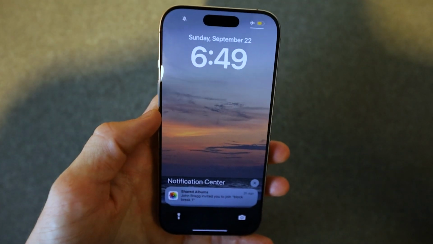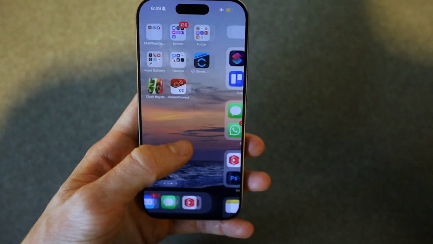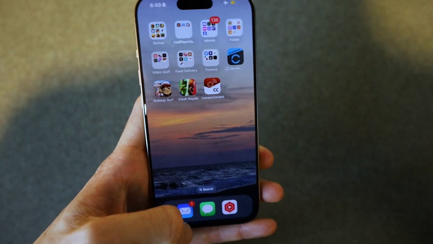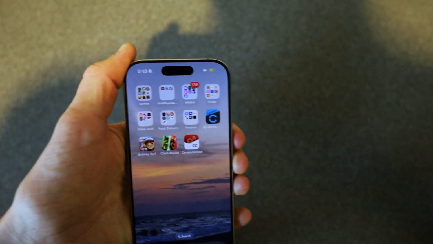In this video, I'm going to be showing you how to delete a wallpaper. As you can see, I have wallpaper right here on the iPhone 16 Pro Max. It's really easy to do. Now, it works on all iPhone 16s, but without further ado, first thing you need to do is you actually